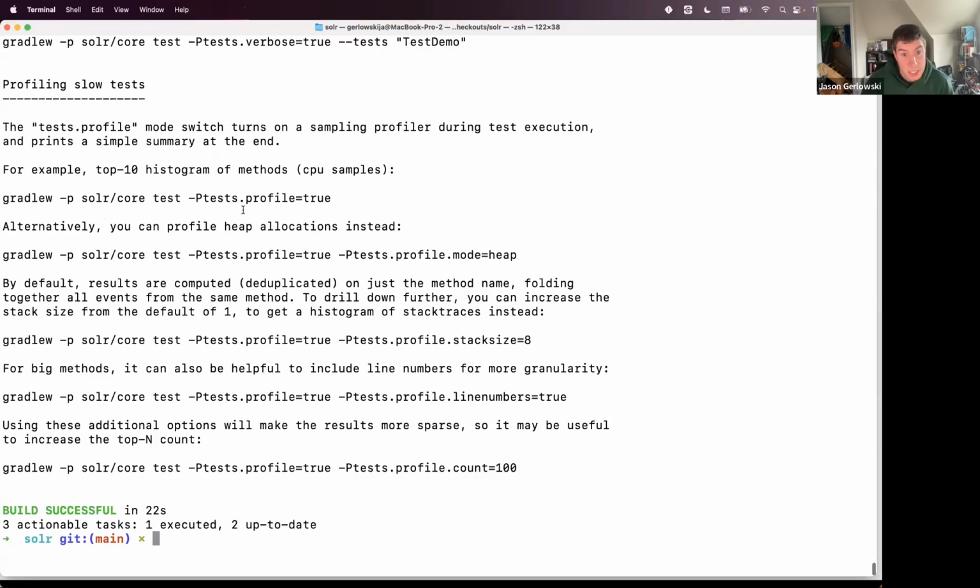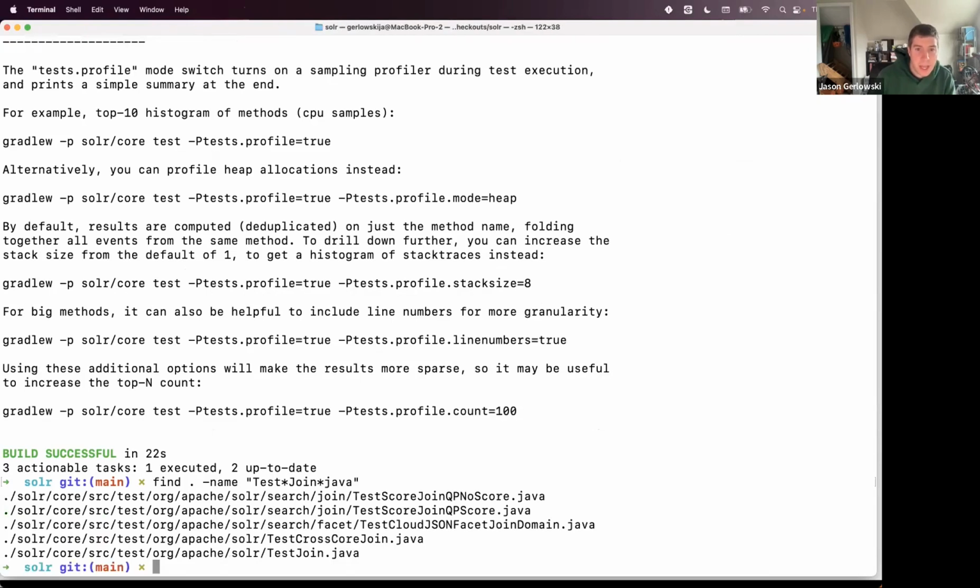When you're looking at tests, like we mentioned before, there's over 1,000 of them, so it can be hard to make sure you're seeing everything that might be out there. So a lot of times I'll run a find command. You can look for particular patterns, like a test that has the word test and the word join and ends in Java. So you can run that, and that'll give you a couple places to start. That's relatively